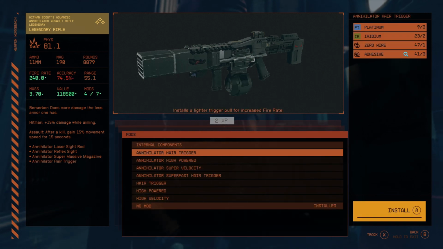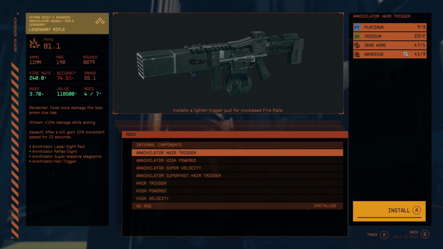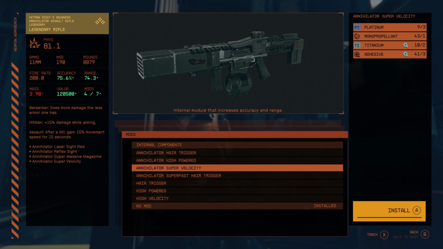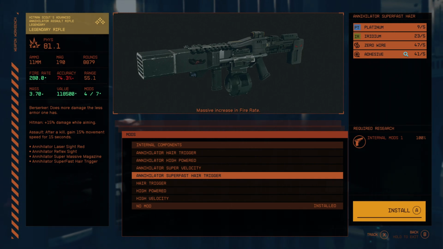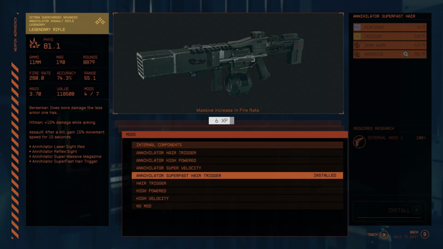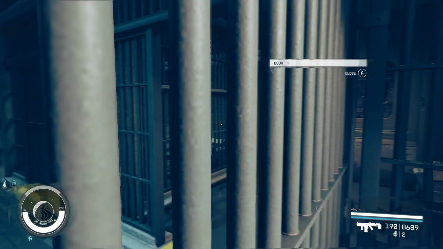And then the internal mod, we haven't got any mod on here, so we can go with the hair trigger, which gives us a 240 fire rate, the high power, which increases our physical damage, super velocity increases our range there, and the super fast hair trigger. Do you know what? I'm going with the super fast hair trigger because I think a 280 fire rate at 81 damage could absolutely devastate. But what I am trying to do as well is make it so that things aren't massively...